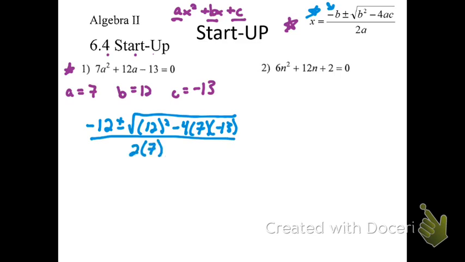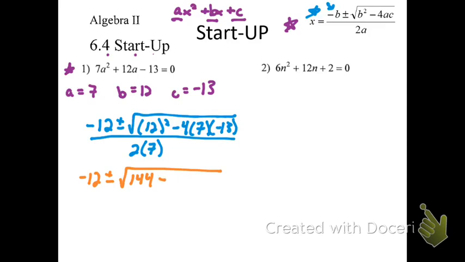So that's the first part. You definitely have to show that first initial step of plugging everything in. It's part of the problem. You have to do it. After that, we're going to simplify. This is going to be negative 12 plus or minus big square root. We're going to have 144